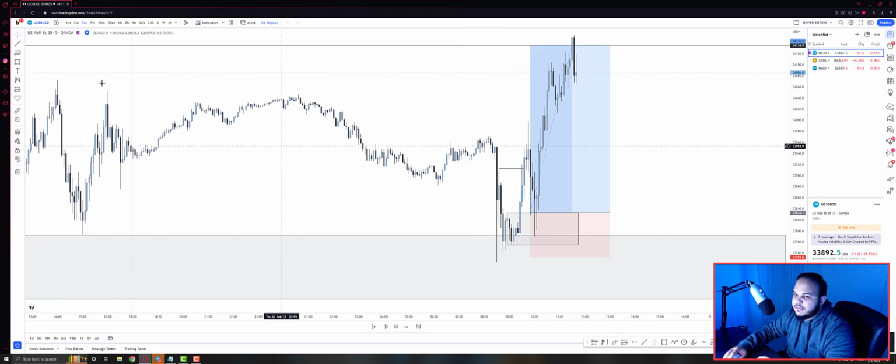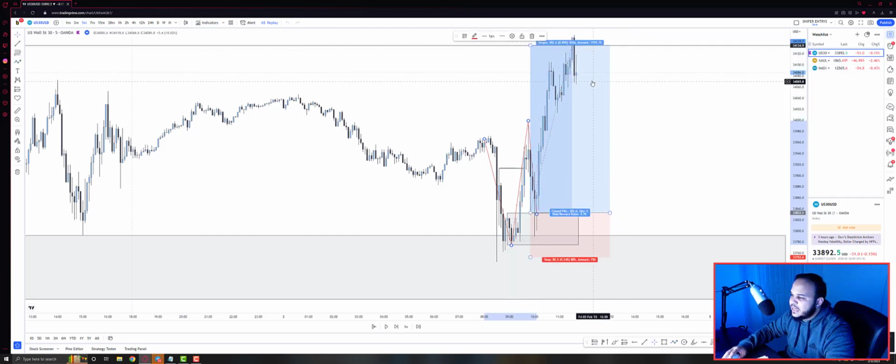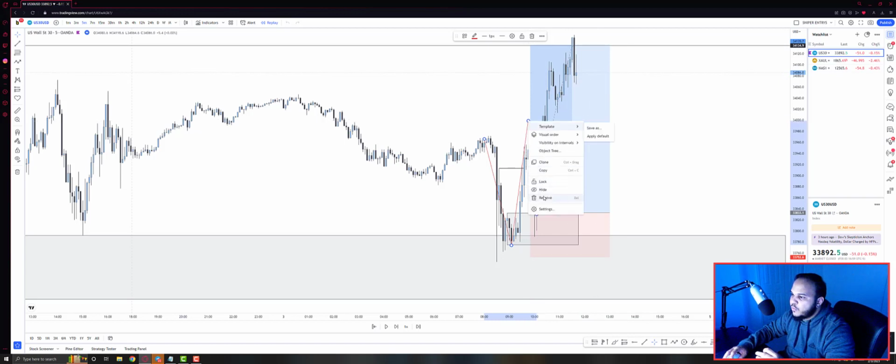I wait for confirmation. So when the market is going into my level, I wait for the market to break a structure to the upside, or change of character, and then retest the minor order block that created it. And that's basically when I take my entry once I have confirmation. So once the market touched here, I took my trade, and that's a pretty easy setup with all the confluence that